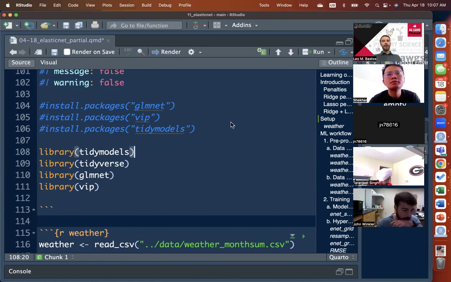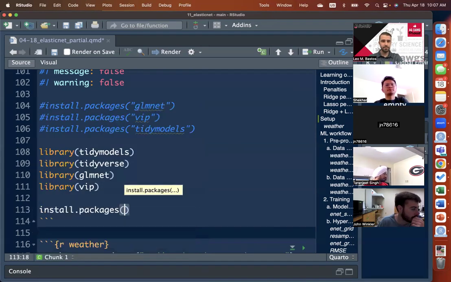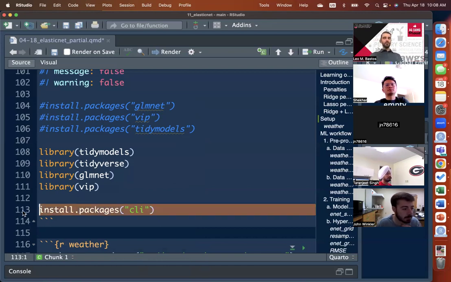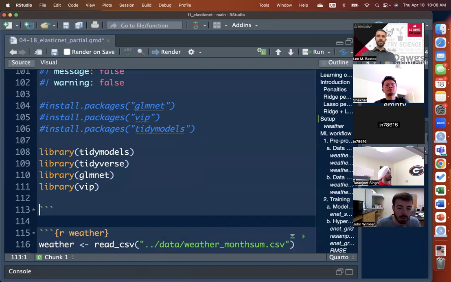But the way that I would fix this is, maybe you can try to do an install.packages CLI. If it says package already loaded, want to restart, you can say no, see what happens. If you're able to install the package CLI, then I would restart the R session and then I would try to load again, but make sure then you delete that install.packages so it doesn't